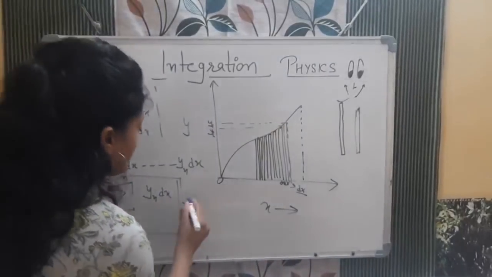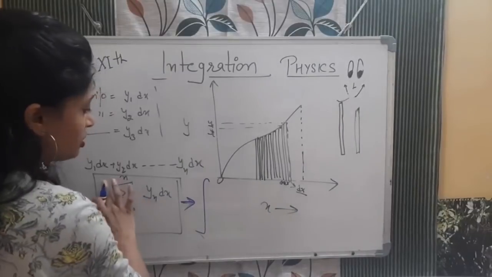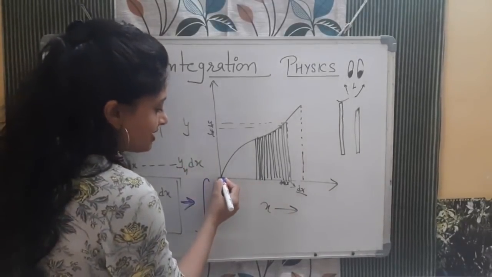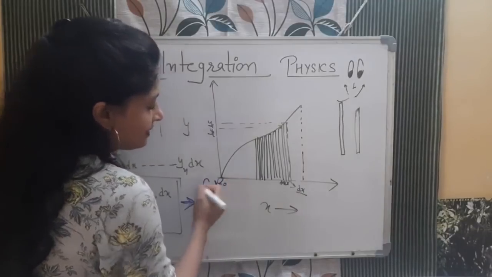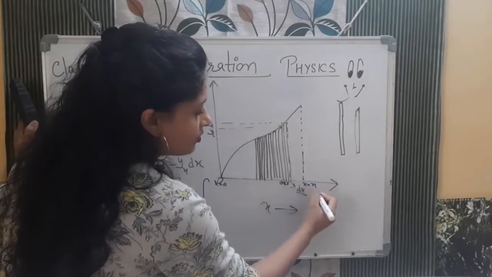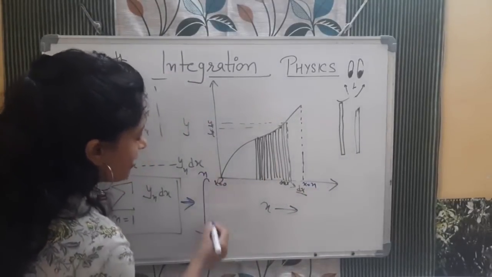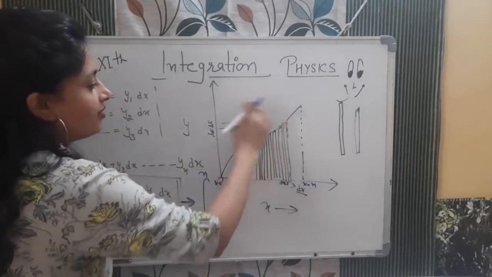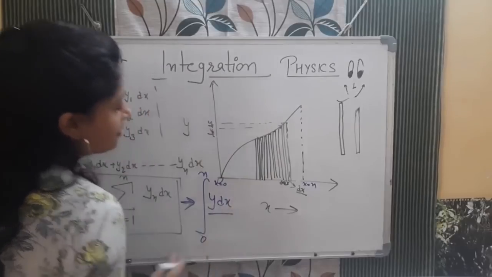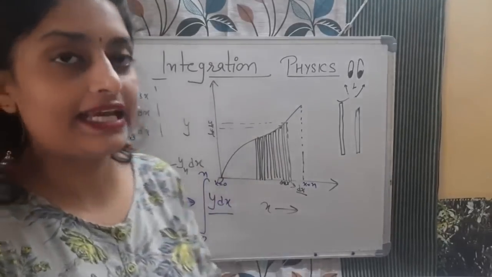So now, bacha, you need to change it from where to where? Summation to integration. And from where are you doing the integration? For example, you are starting from here. What is the value of x here? 0. And you are doing it up to here. Here, for example, x is equal to n, from wherever to wherever you want to do it. So 0 to n, and what are you integrating? y with respect to x. You are integrating this.